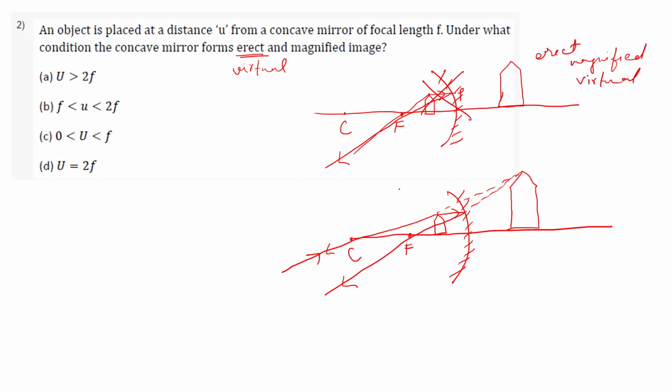So in this case, our object is kept at a distance u that is between the focus and the pole. In that situation, the image formed is erect, magnified and virtual. So this happens when the object distance is less than the focal length. Zero distance means we are at the pole of the mirror. So when the object distance is between the pole of the mirror and the focus, at that time we get a virtual, magnified and erect image. So these were the two cases